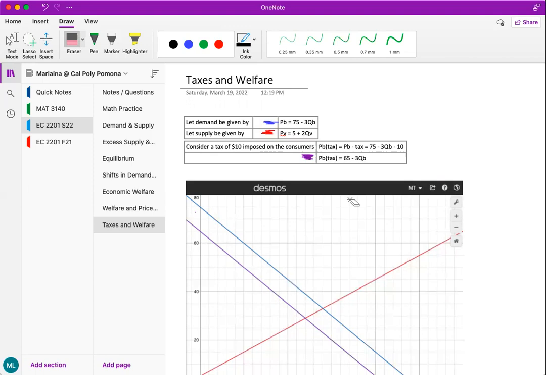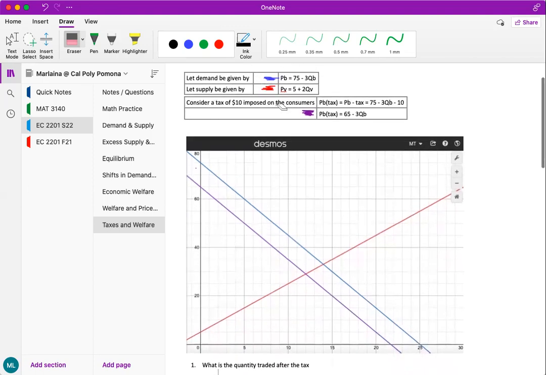First, we're going to be looking at a tax imposed on the consumers. So I have this graph, this example up here, and this graph down here. We have three curves. We have the demand curve in blue down here. It's this curve right there. PB is going to be 75 minus 3 QB. We have our supply curve, which is in red. PV is 5 plus 2 QV. And then we have our